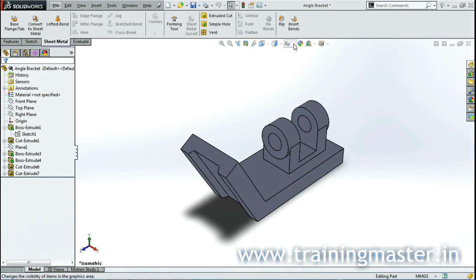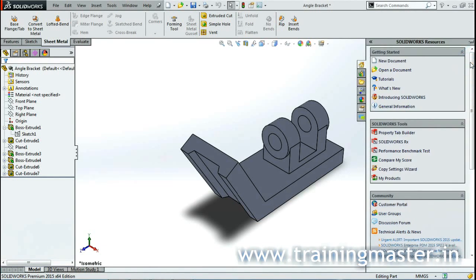Along with that, we have a drop down menu which allows us to view or not view items around the screen, along with some appearance settings. And to the far right, we have this item called the Task Pane, and in this Task Pane we can do many different things. If we expand it, we have access to many SolidWorks tutorials, very handy. Along with the Training Master video tutorials, you will find many tutorials inside the SolidWorks 2015 software.